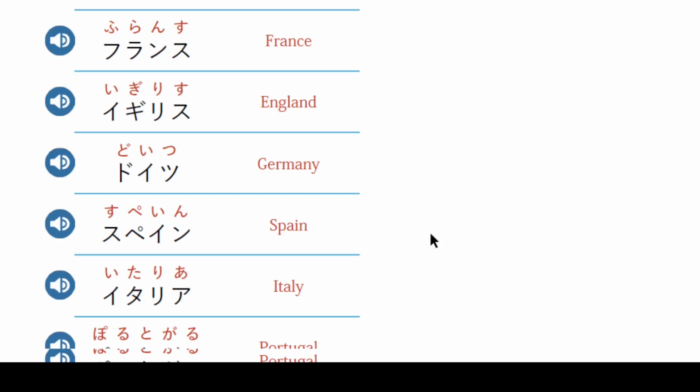Okay, next we learn vocabulary related to months and days. Okay, number 1. January, 1月. February, 2月. March, 3月. 皆さん, just